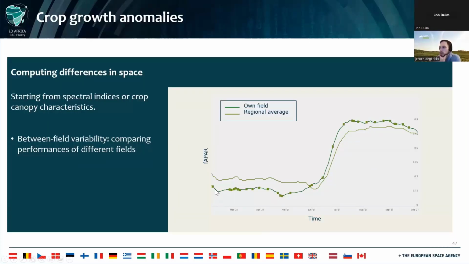So this is an example where you compare the crop development in one field with the regional average of similar crops in the neighborhood. And that is a way to know, okay, this field, is that really lagging behind the other similar fields in my neighborhood? Is my production actually going to be more or less compared to the average? So that's a way to make these crop stress